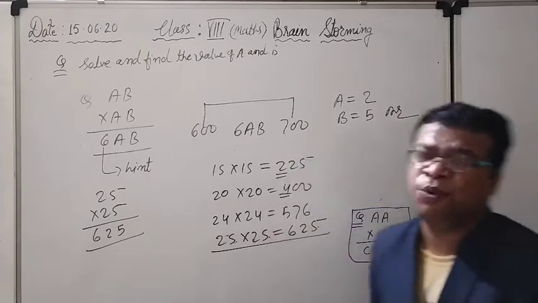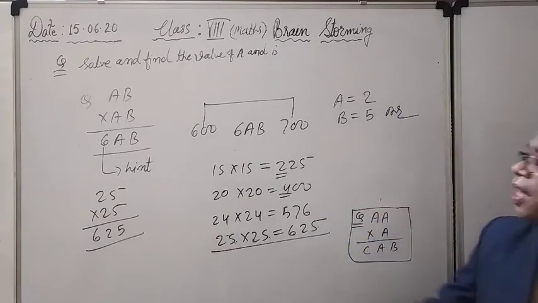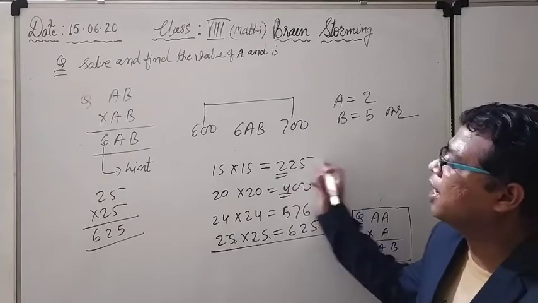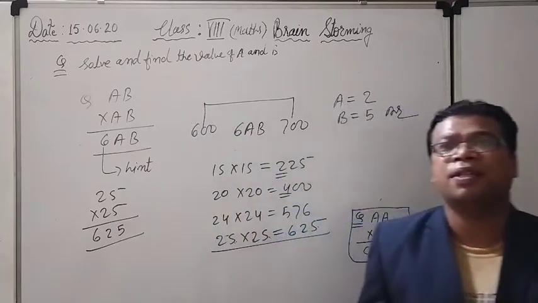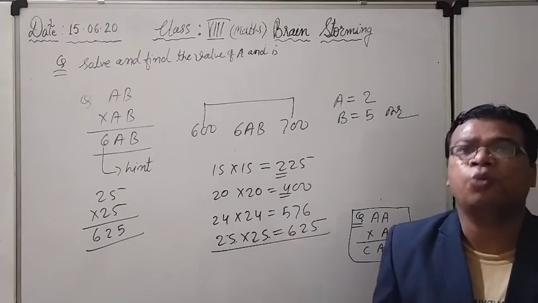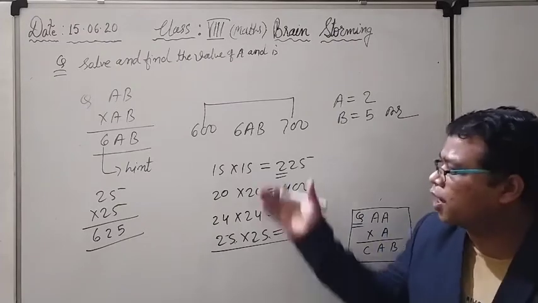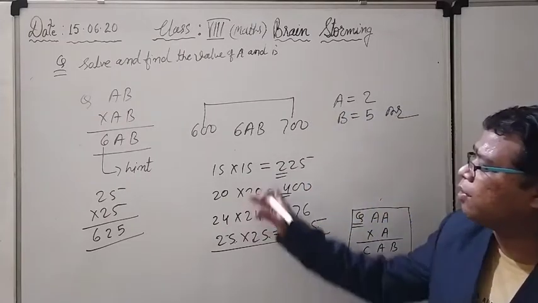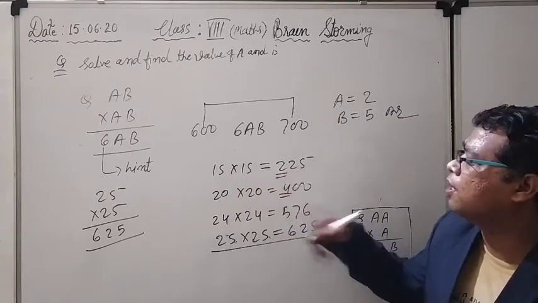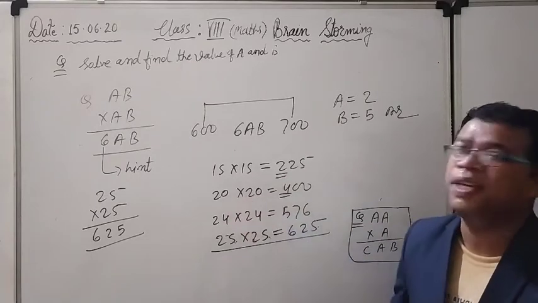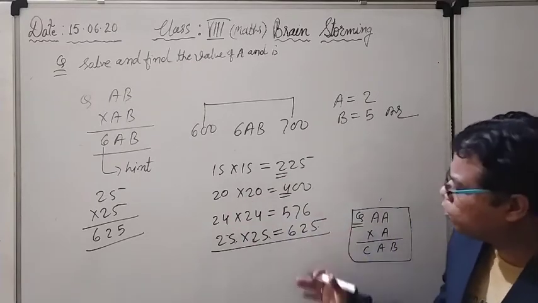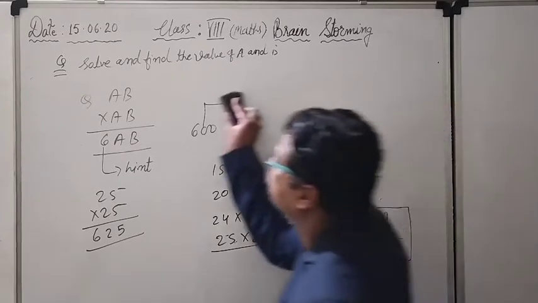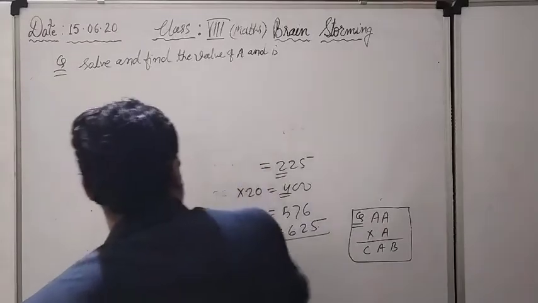So in this way you have to catch the hints. Whatever I got here, 600 something, so I have to go for 600 something, and it is a square because we are multiplying the same number with itself. 12 into 12, 13 into 13, 14 into 14, we have to go like that, and no need to check each and every number. Whatever I did here, 15 into 15 gives 200 something, so I increase the number to 20 into 20, and you have to do such things. So this was the solution. Okay, I am rubbing the board. Go for the next question.